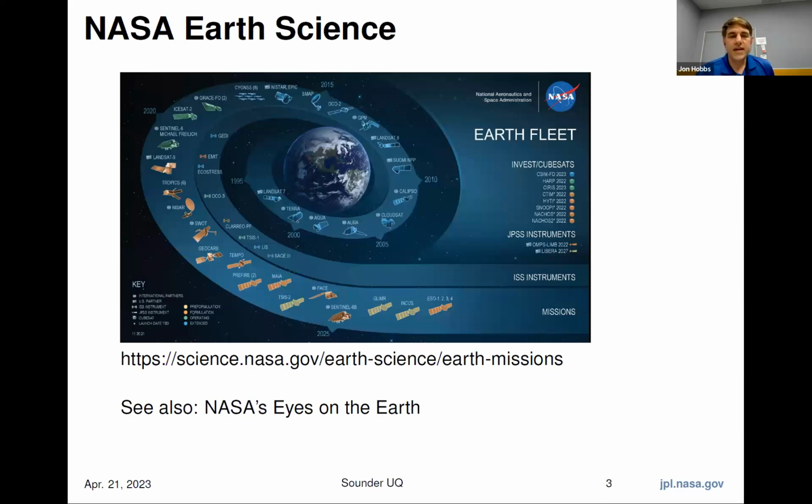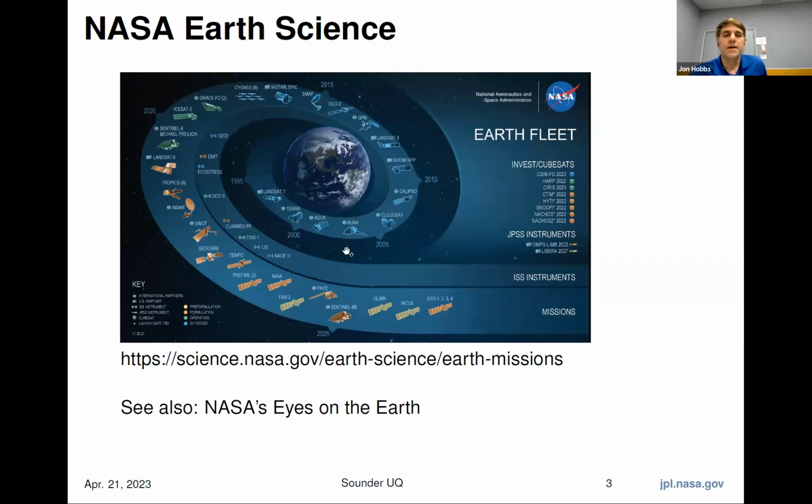Okay, so to set the stage here, the figure on this slide gives an overview of NASA's Earth observing fleet of instruments. As you go to the inside of the spiral, it goes to the earlier missions, and then going out to the outer edges of the spiral goes to some later missions that have recently launched, and planned missions on the outer edges here. It's a pretty extensive fleet, and some of these assets have come and gone. I want to point out a few